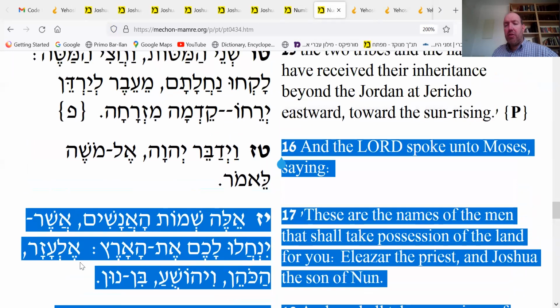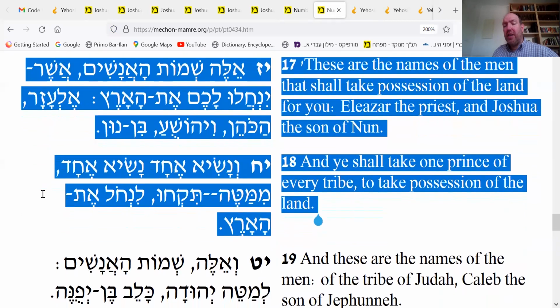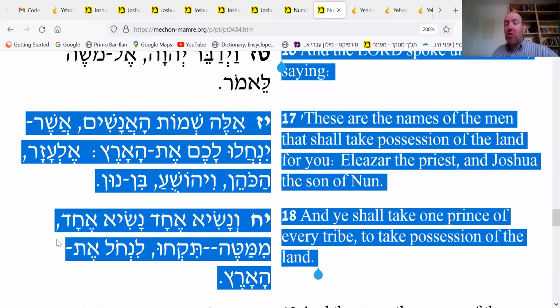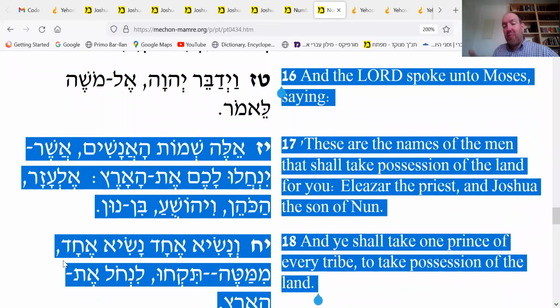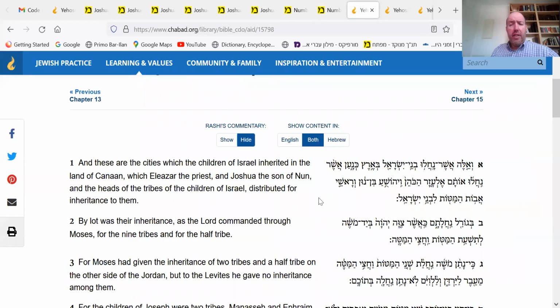And the Lord spoke unto Moses, saying, these are the names of the men that shall take possession of the land for you, Eleazar the priest and Joshua the son of Nun. And you shall take one prince of every tribe to take possession of the land, right? So we see also in the Torah the precedence of the priest, Eleazar, before Joshua, to show that it is to be done under the auspices of the high priest. So that is exactly what happens in the continuation